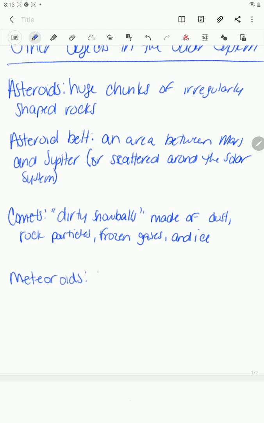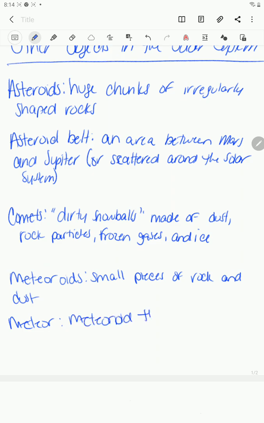These are small pieces of rock and dust, and like the comet that we talked about earlier, when it gets vaporized and disintegrated, that becomes like a meteoroid. Okay, so a meteoroid becomes a meteor when it enters the Earth's atmosphere. So a meteor is a meteoroid that enters Earth's atmosphere